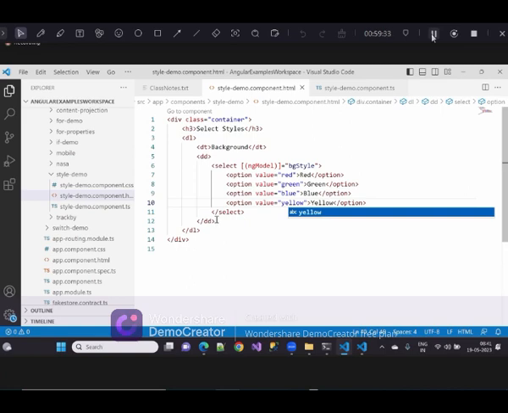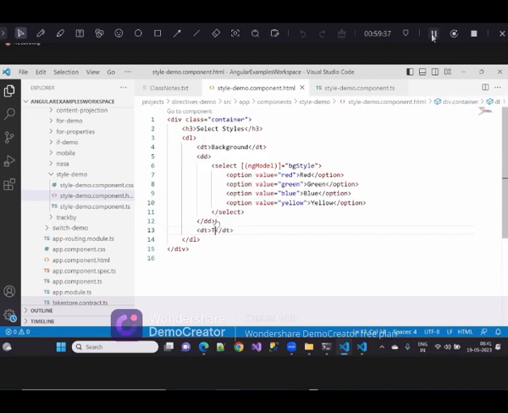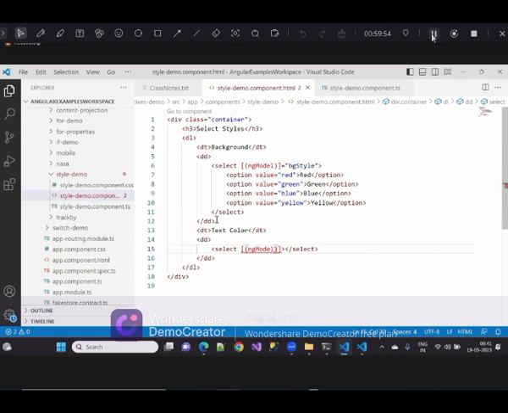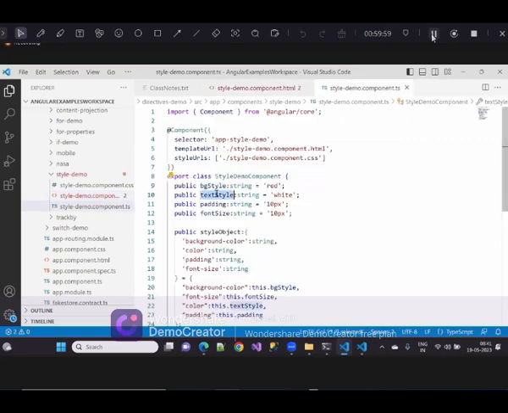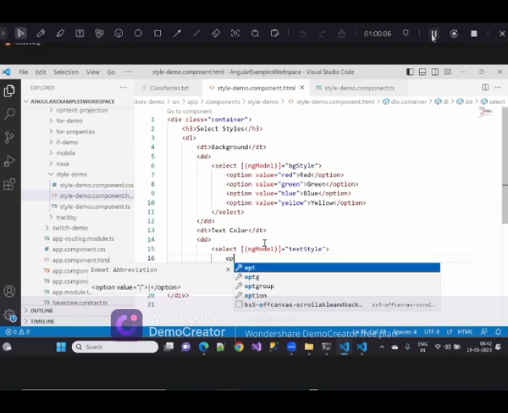And after that, let us have another one that is going to be DT. And this is going to be text colors that I can give. Just to give an invert colors so that it would be easy for us. Now I'll take the same select here. I'm not in the form so now need to give the name where I can give ng model is equal to, what name we have created? Text style. So that I can give the text styles here with what properties you wanted to create,